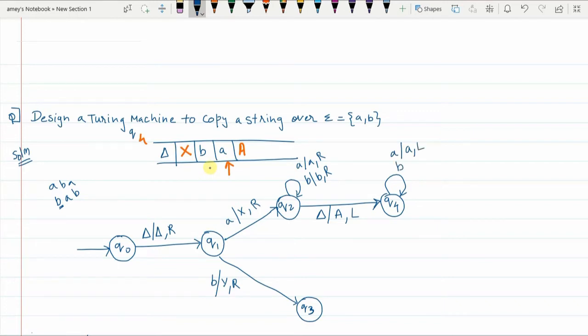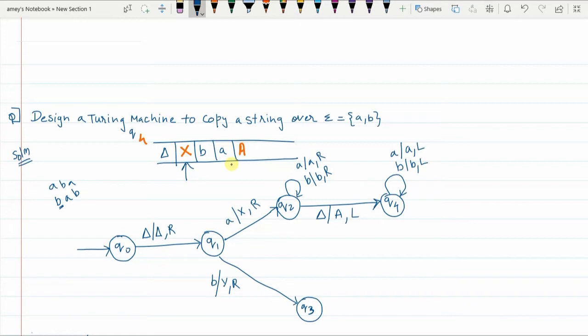Similarly, if B is encountered, B will be replaced with itself, pointer moves to the left. So in Q4 state, A is encountered here, replaced with itself, pointer moves to the left. You are still in Q4 state. Then B is encountered, B is replaced with itself, pointer moves here. Fine.